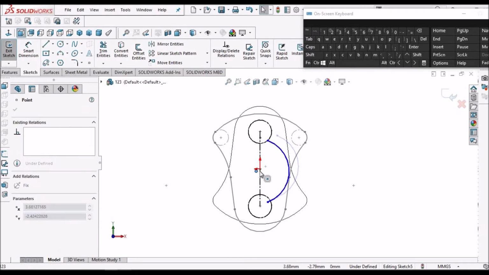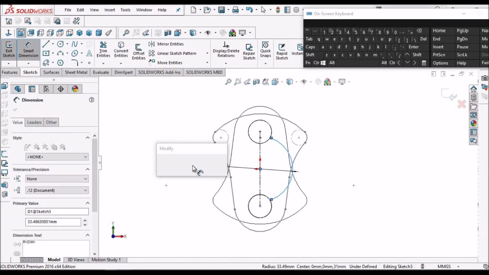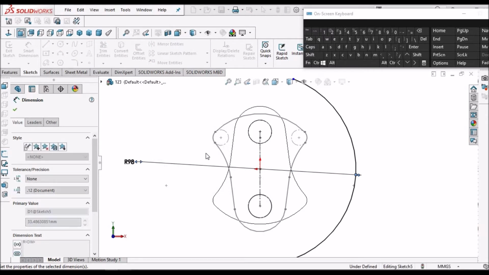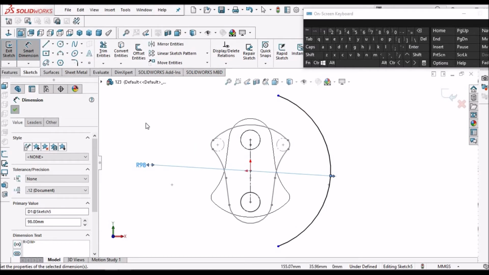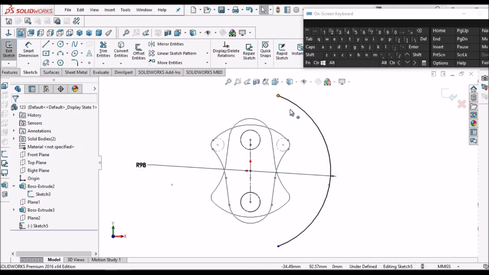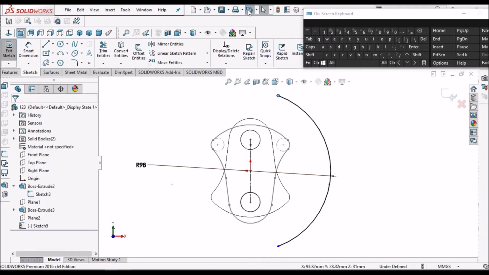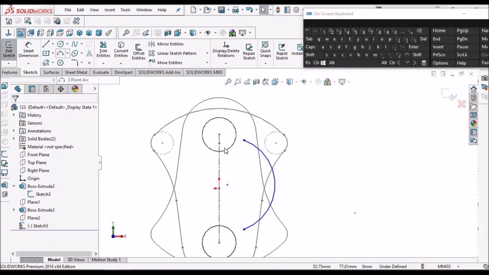So the center point is here and 98. So this cannot be at the center. So let's make center point arc.